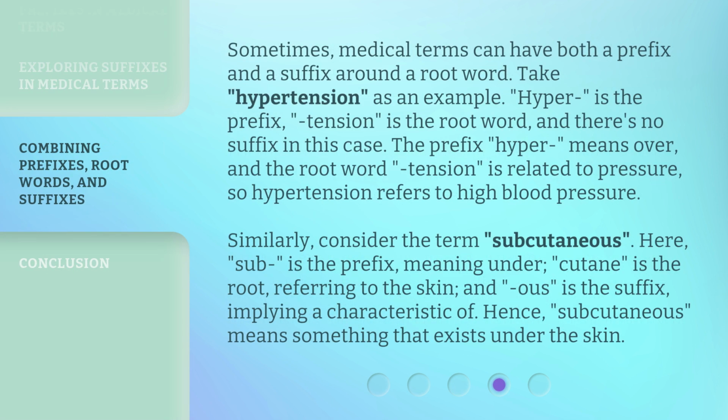Sometimes, medical terms can have both a prefix and a suffix around a root word. Take hypertension as an example. Hyper is the prefix, tension is the root word, and there's no suffix in this case. The prefix hyper means over, and the root word tension is related to pressure, so hypertension refers to high blood